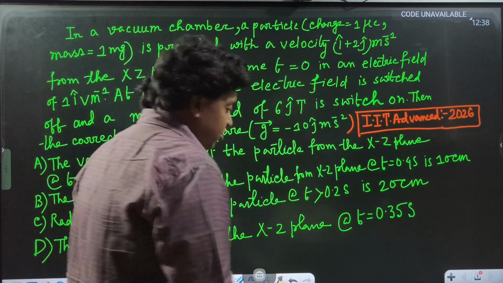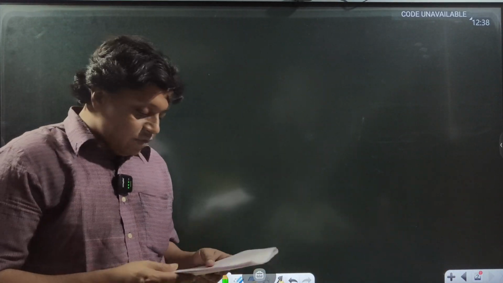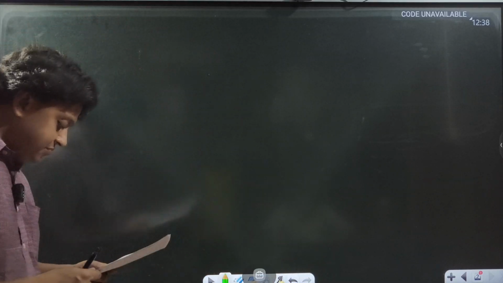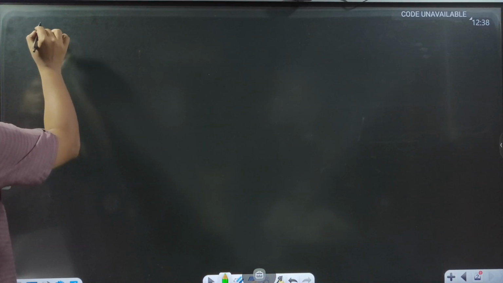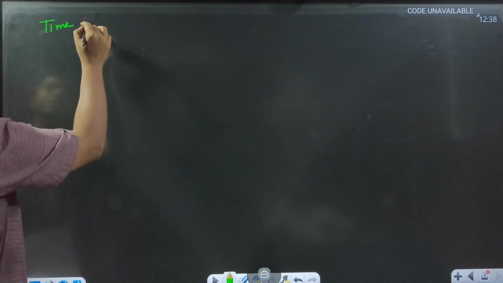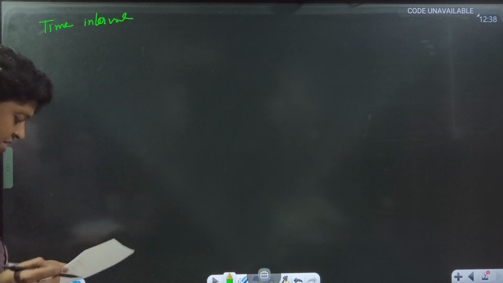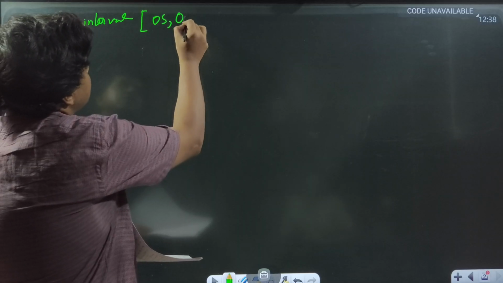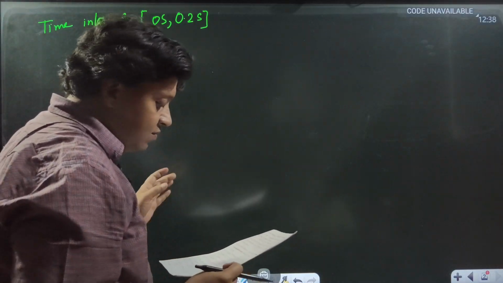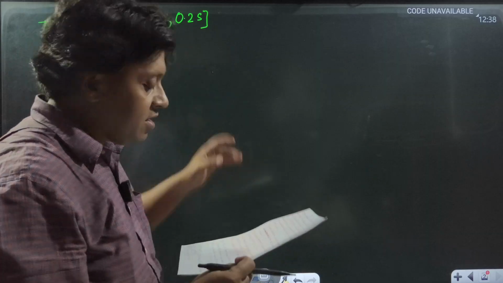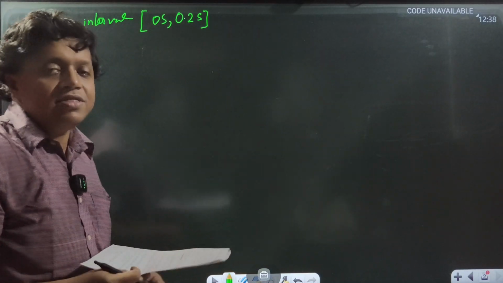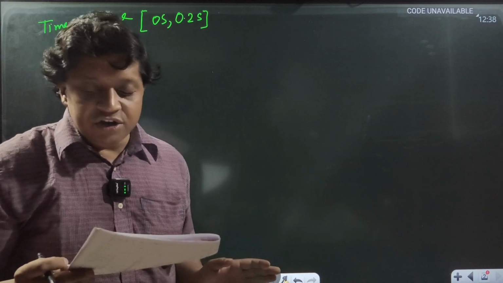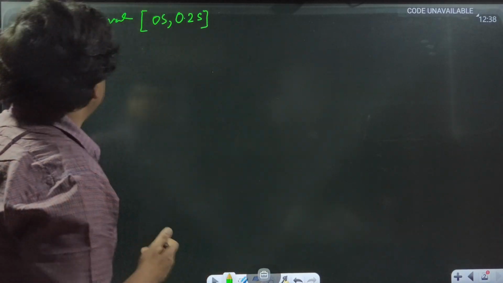Let us now go ahead with its solution. As I said, it's a question with multiple correct options, so we have to analyze each and every option. We will start with the time interval lying in the closed interval 0 second to 0.2 second. 0.2 second, as you have all seen, is quite a pertinent data for this problem. For this time interval, the particle is under the influence of the electric field, which is 1 i cap, and also the acceleration due to gravity. So resultant acceleration of the particle is